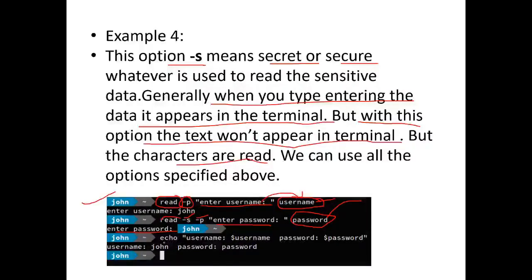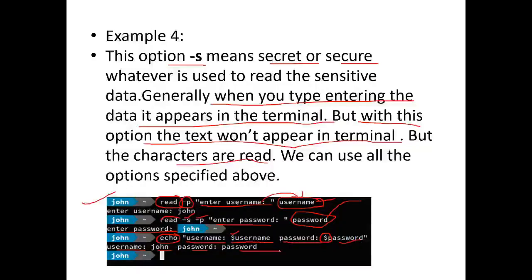Now if you want to see that username and password, you can use the echo command with the variable name. See, this is the message which will display on the screen, and this is the value where your username is stored, because the $ sign is used here. Then this is the password which will display on the screen, and whatever is stored in the password will display because the $ sign is used, which will show whatever value is stored in that password. See here, this is your output: username John, and the password.